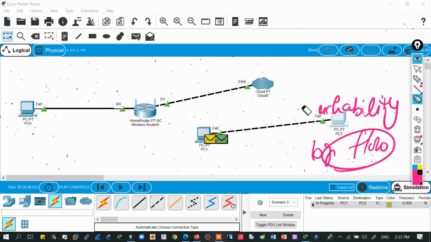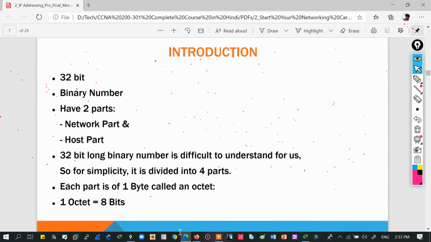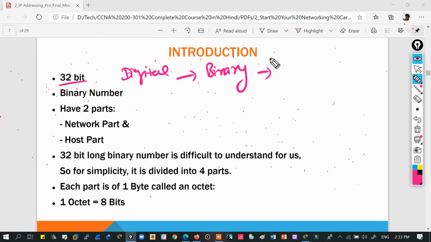Now that this IP basic part is clear, let's read about the basics of IP, meaning how many bits the address has and how classes are divided and everything. So just delete it and go to the slide. What about IP now? IP is a 32-bit number. Everything we discuss in digital is in binary language. Whatever we talk about computers, everything is in binary. It means computers can only understand bit streams of 1s and 0s.